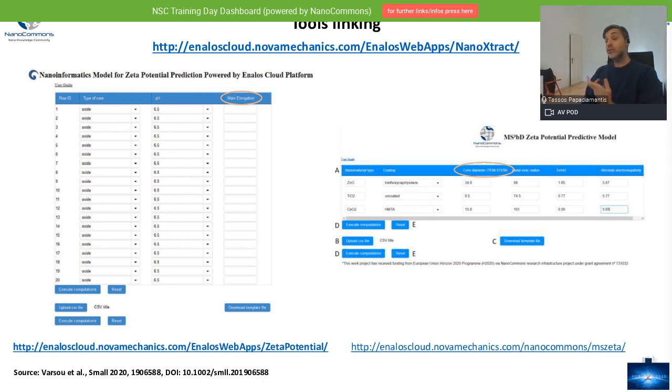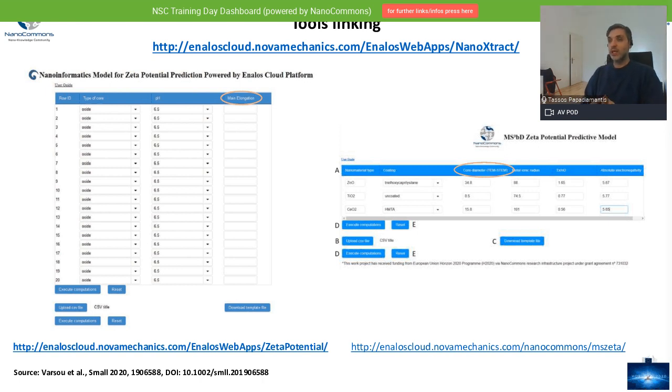The other thing that you could do is prepare your own workflows and add all these descriptors to your data set as an enrichment, so that you can perform a full model development. This lets you see whether any of the descriptors calculated from NanoXtract plays a significant role in nanomaterial behavior.